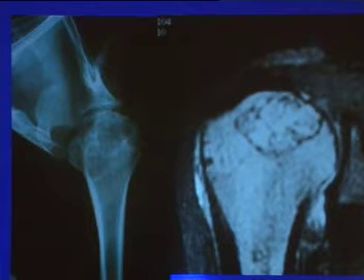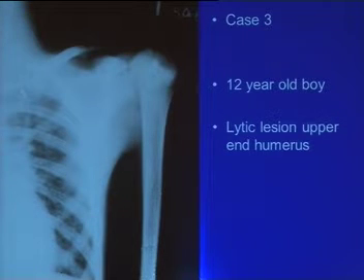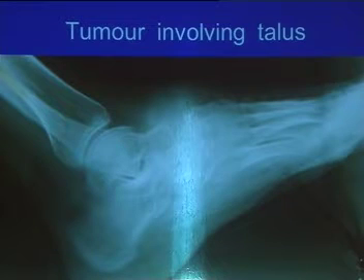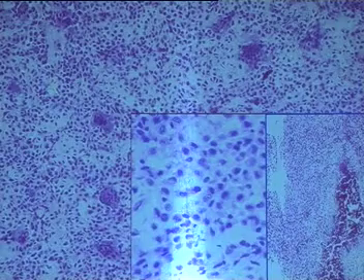The original name, or the old name of chondroblastoma, was giant cell tumor of cartilage, because just like the giant cell tumor, chondroblastomas also show a lot of giant cells, and usually they are small, and I think we have seen a lot of this. Talus and small bones of the foot are not uncommon sites for a chondroblastoma.